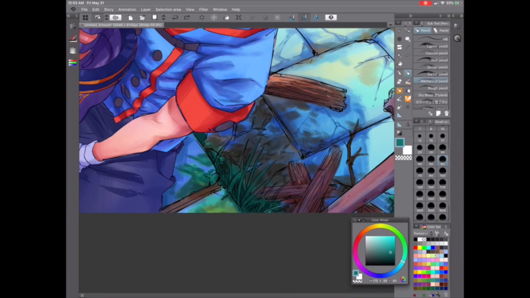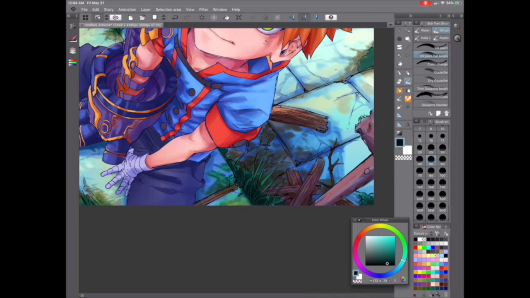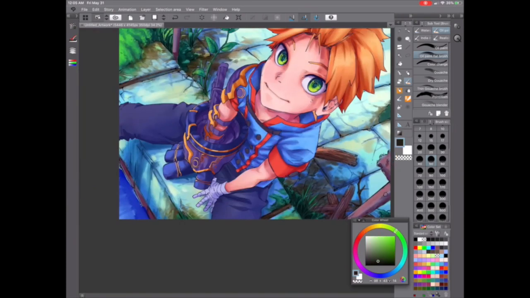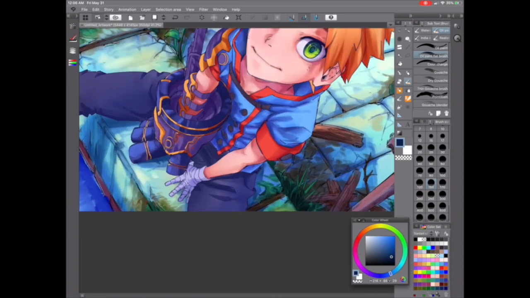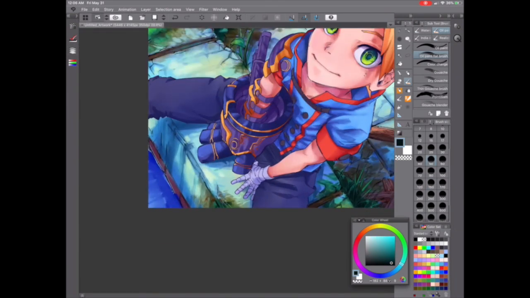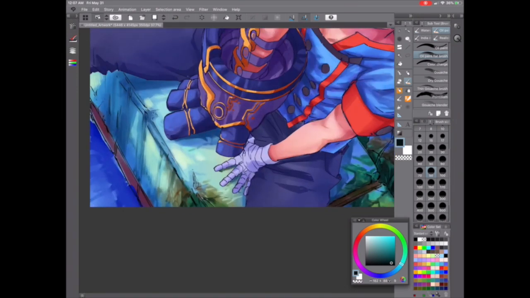Now I'm just kind of fixing up the colors and a lot of these details. At this point in the illustration, this is all just details and trying to sell the background and make the background actually feel real, not realistic, but feel like it's there, that it's not just a painting. Because I could have left it messy and it would have looked painterly, but then there's the difference